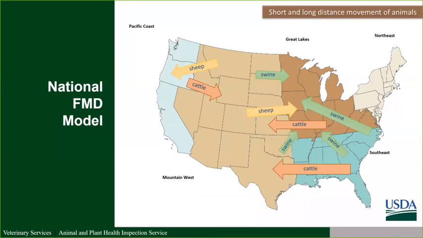Again, the data for these comes from academia and from the NAHMS studies. Those national studies that occur every year are really important for us to get these types of trends and to know what happens in the different livestock industries, as well as collaborations we have with cooperators and other partners throughout the agriculture enterprise.